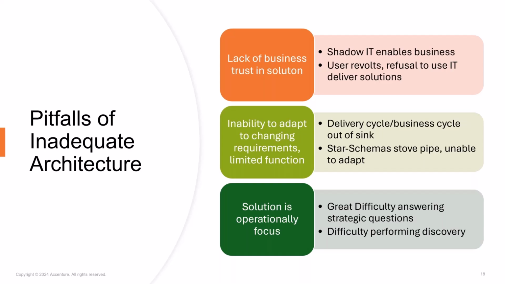The second is an inability to adapt to new and changing requirements, as well as limits on functionality, which is manifested by the change cycle lagging the business cycle, as well as star schema stovepiping. And then finally, solutions are operationally focused based on a lack of harmonization, which makes it difficult to answer